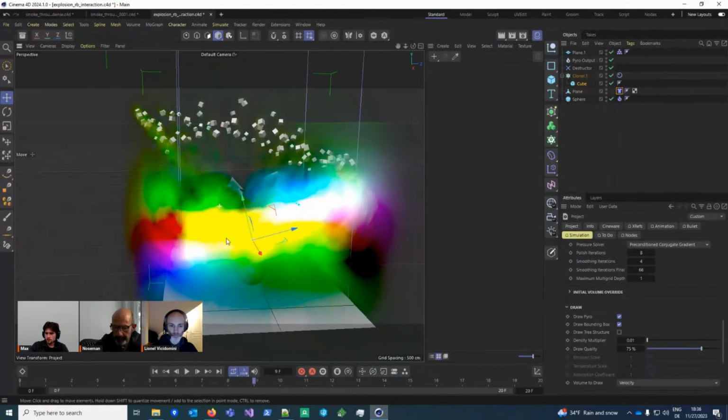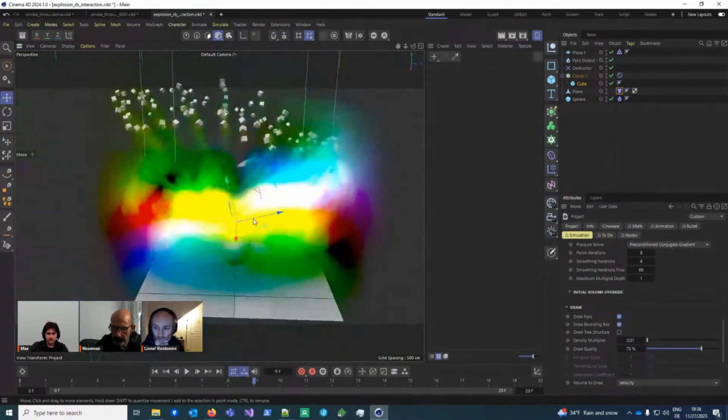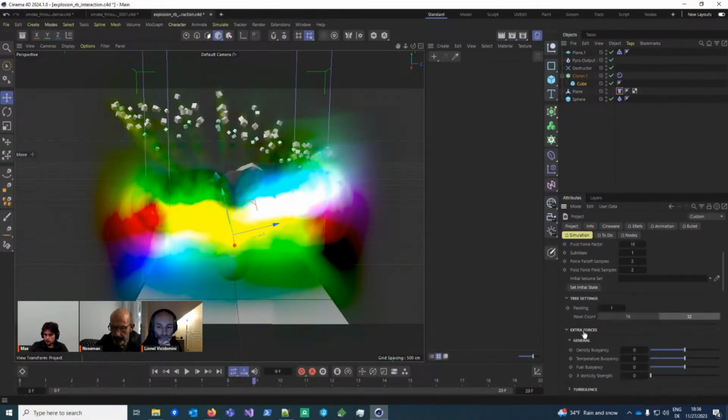Yeah. In the end, what is assumed in the simulation is that everywhere is the same air density, of approximately 1 kilogram per liter, I think. And the air is just defined by the velocity, and that's the force acting on other objects. The density and temperature are just quantities which are dragged along and can in turn, via, for example, the density buoyancy and temperature buoyancy, affect the velocity of the air. Hot air rises, and with density it's the other way around.